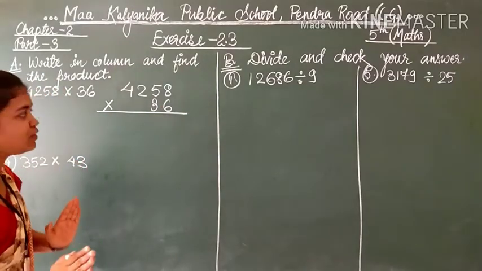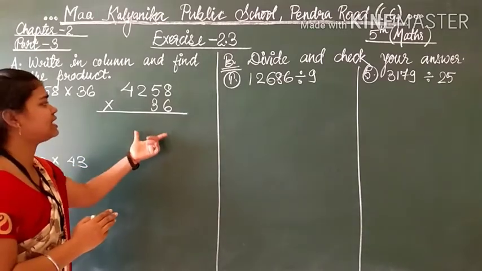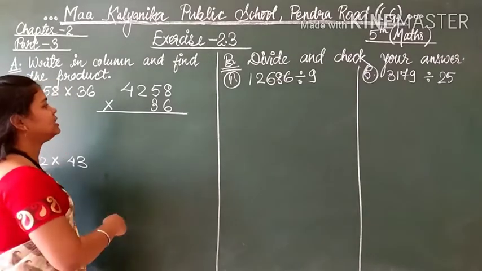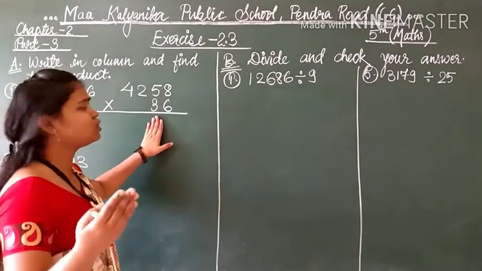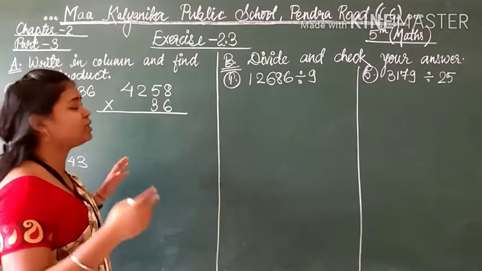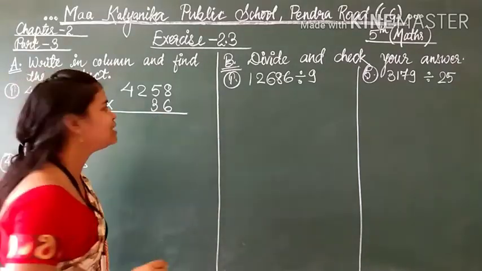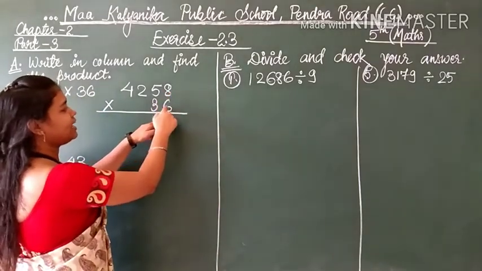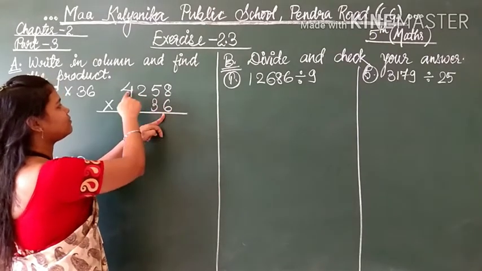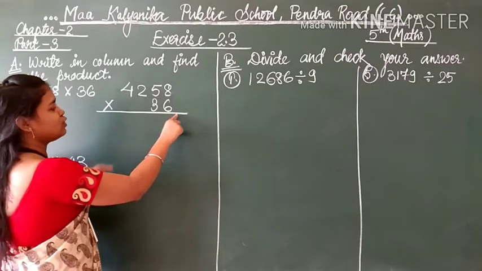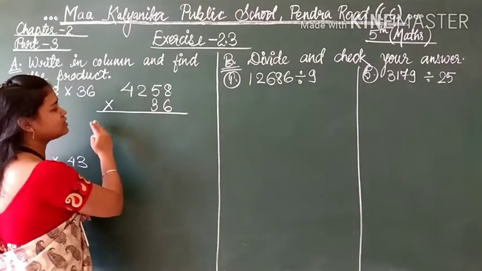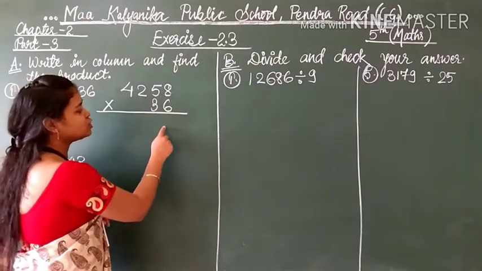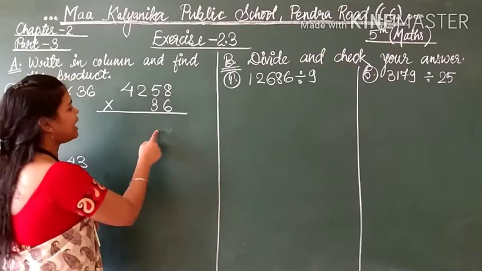So please be careful in observing this video so that you can understand where to leave the place, where to put the cross, which numbers you have to multiply in this way. So students, in class 4th also you have learned about multiplication, so you are knowing very well, but once again we can revise that multiplication. See, 6 8s are. First we have to multiply 6 by 8, then 6 by 5, 6 by 4, then 6 by 2 and then 6 by 4. So here we will write the answer from right to left. Okay. Then the second number is 3. The 10th digit is 3. So you have to leave one space and then you have to start.